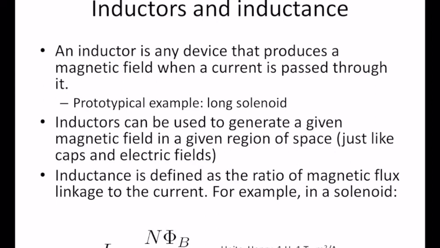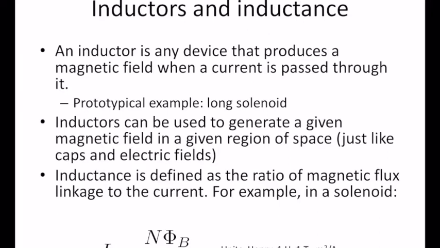Okay, so the first question is, what is an inductor? An inductor is any device that produces a magnetic field when a current is passed through it. And the prototypical example of an inductor would be a long solenoid. A long solenoid, as you remember, produces a uniform magnetic field inside the solenoid and zero magnetic field outside